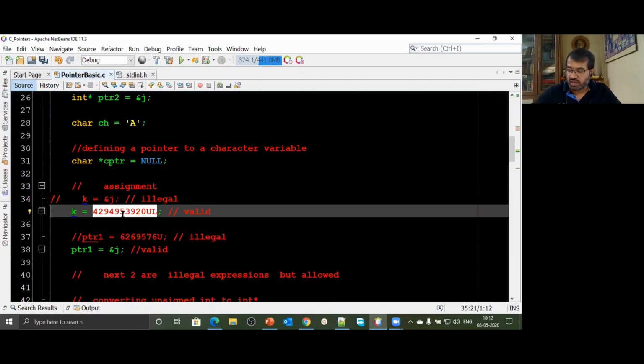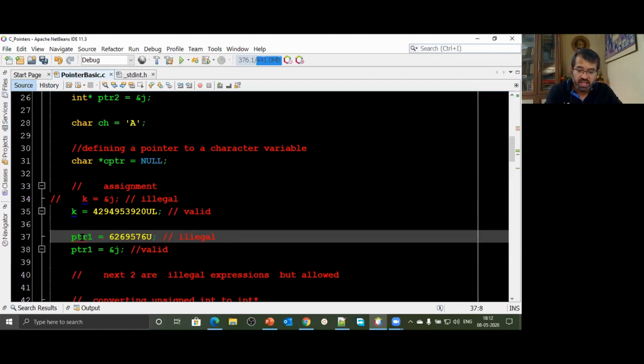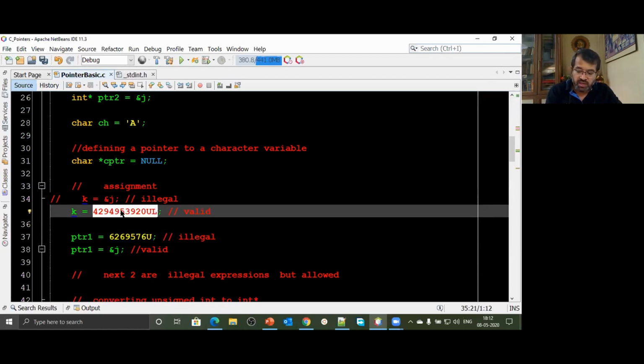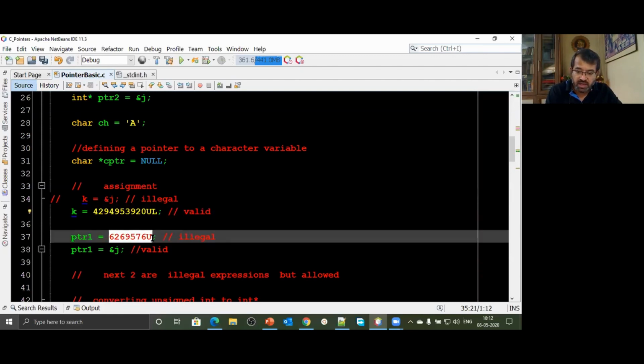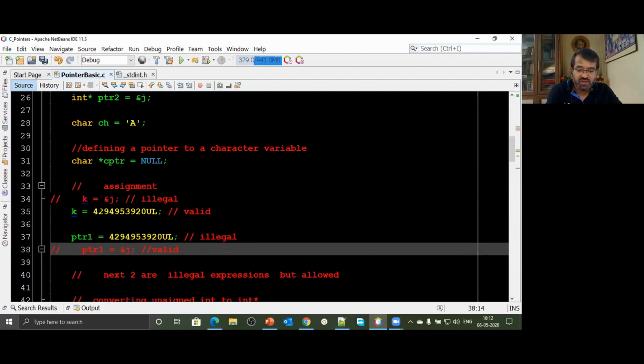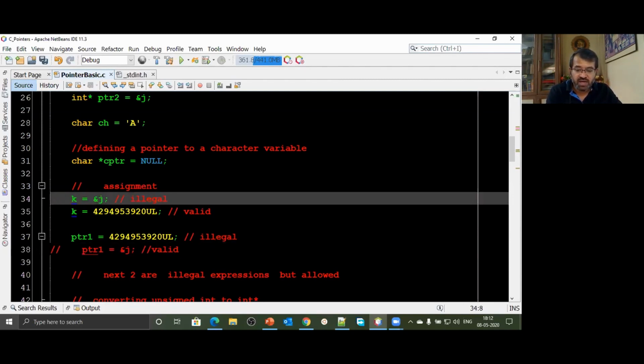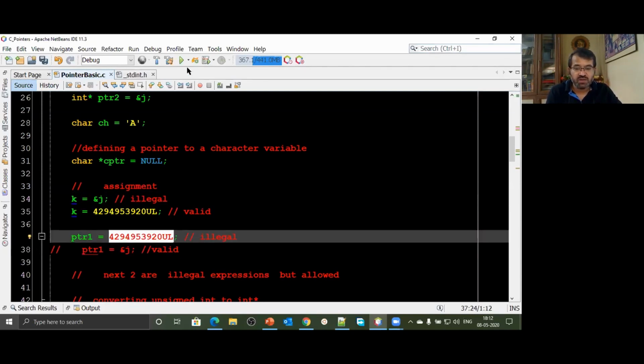So one thing that you should understand is, to store address, we require special types of variables called pointer variables. On the other hand, if I have a pointer, this pointer cannot store this particular value. Listen, a pointer cannot store this value. A normal variable cannot store address, and a pointer variable cannot store this value.